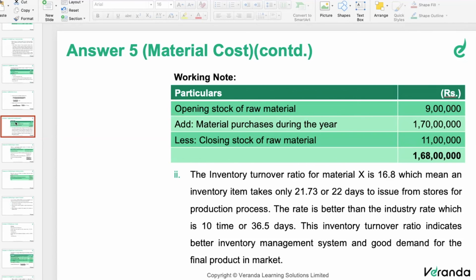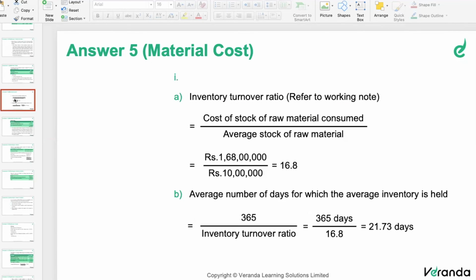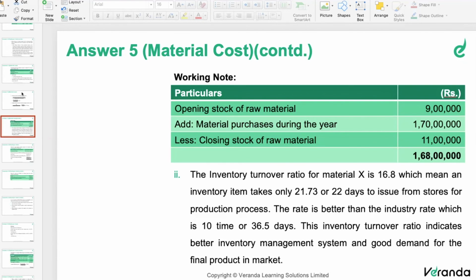In this problem, you have to remember the inventory turnover ratio formula with respect to cost of raw material consumption. Next, how to compute the average stock of raw material; that is simple. Then for the number of days, always apply 365. If 360 is specifically given in the question, then take 360. Then the interpretation: fast moving, slow moving, non-moving stock. These are all the things you have learned out of this particular question.